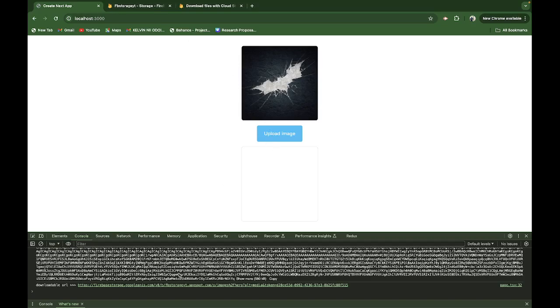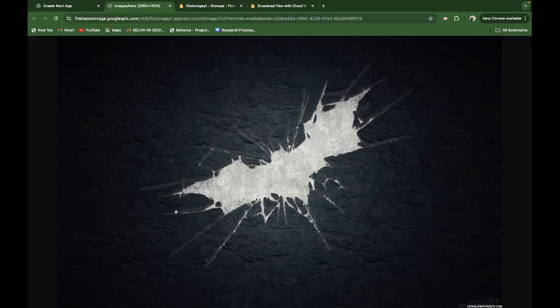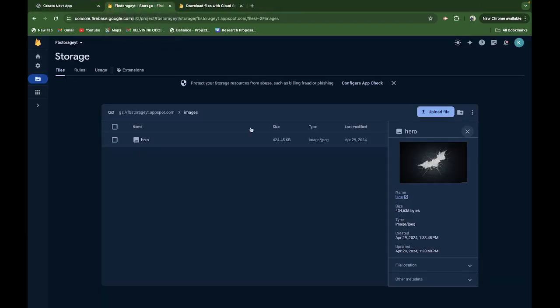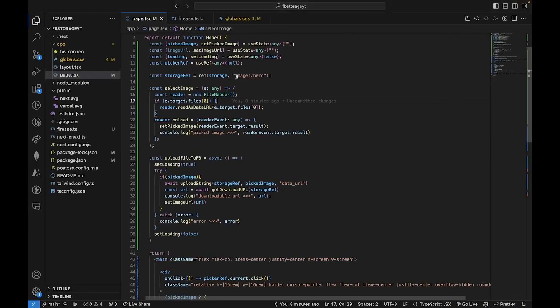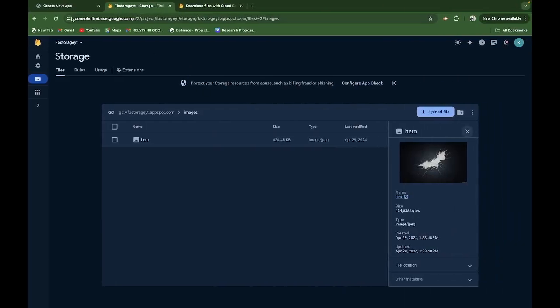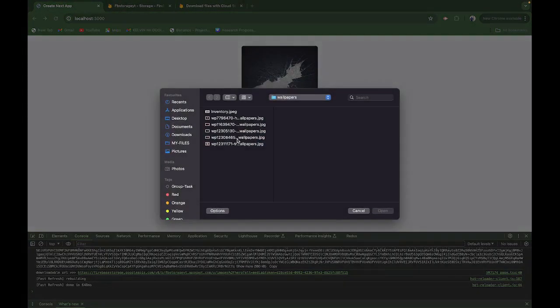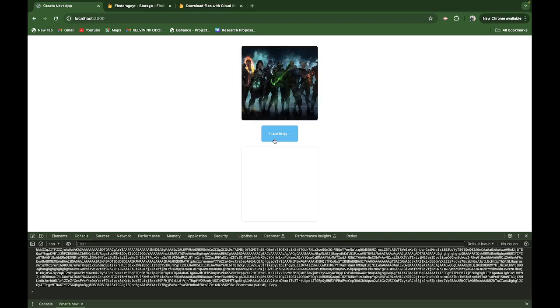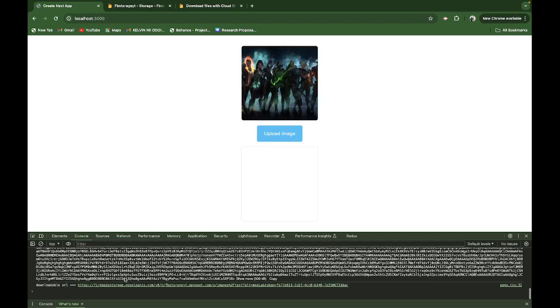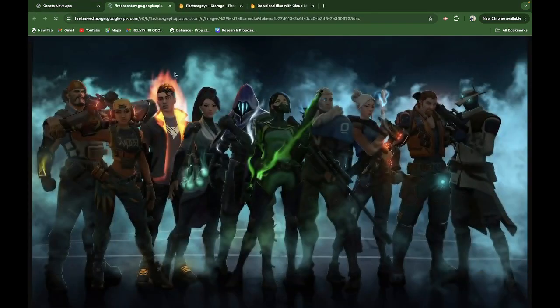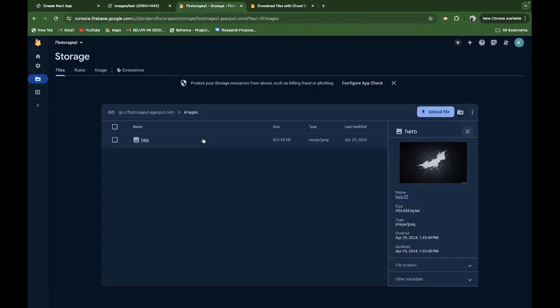Once you press this URL that's been provided, it's going to give you that image, as you can see. So you've been able to upload the image and you have gotten a URL in return as well. Here you can clearly see that you can adjust the reference however you want. So we can just say test here like this, then add another image here and upload it. It's going to upload it and provide a URL for us. This is the URL. You press it, it takes you there, and when you come in here and refresh it,